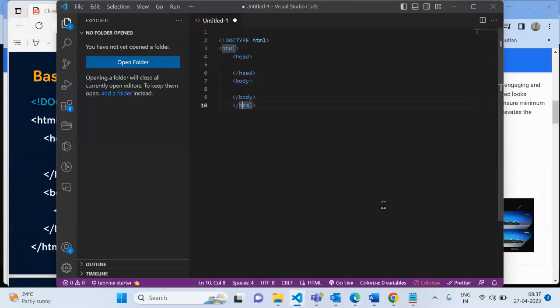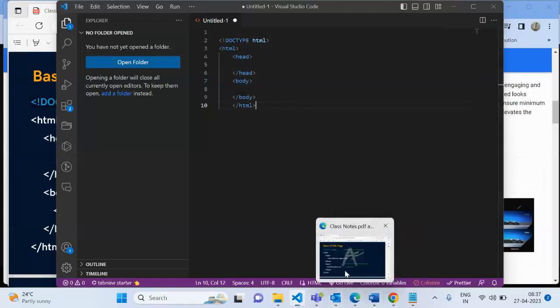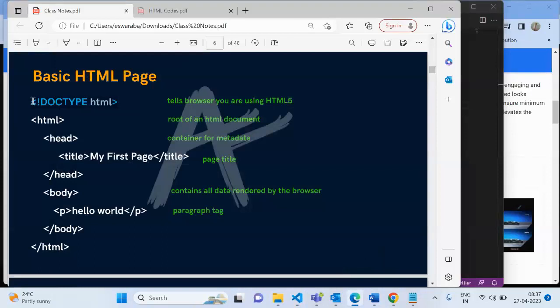Okay. The slash, it comes, that is for closing. And without slash, that is called the starting tag. This is the ending tag. This is the starting tag. That's all. Start, end. Or opening, closing. This is called the opening tag. This is called the closing tag. You can talk like that, or you can say starting tag, ending tag. Like that also you can talk. Okay. Now you understand what is the structure of the HTML? HTML, head, body. Yes. This is called the structure of the HTML.